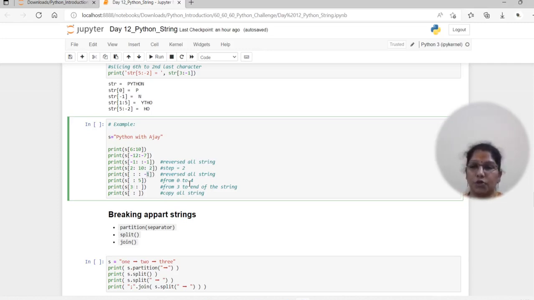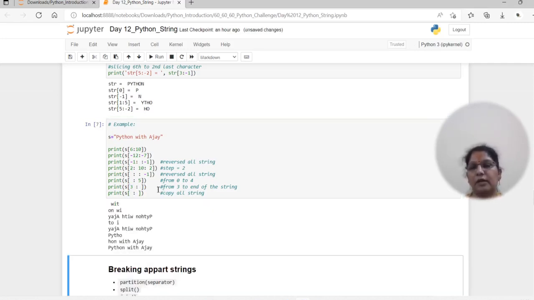And the next one 0 to 4. Okay, as 4 is the stop one, we have to specify that the fifth is the stop letter. And if you make 3 to the end empty, it is 3 to the rest of the characters. So if I specify both as empty, it results in every character in the array. Okay, so see here, this is how the exact examples were